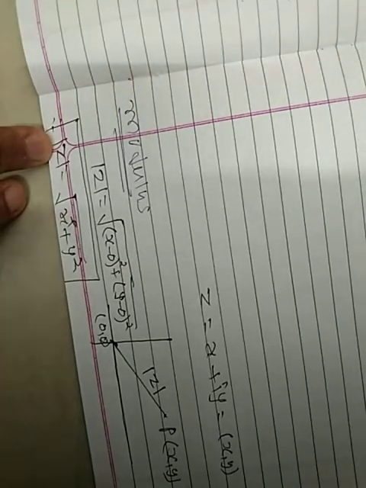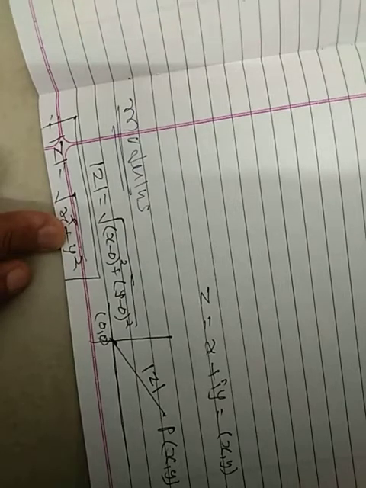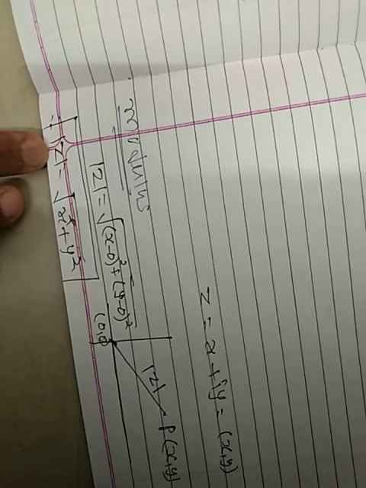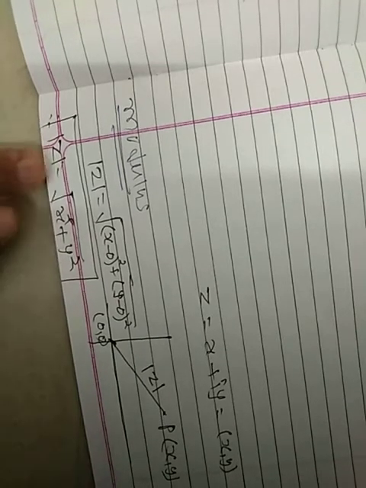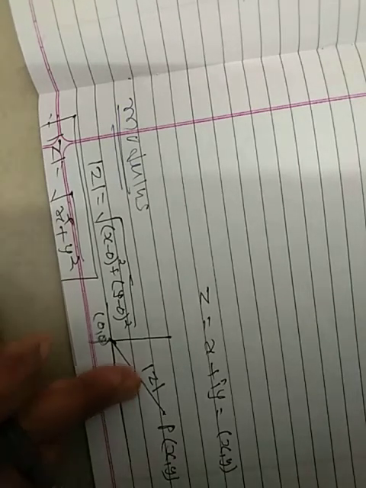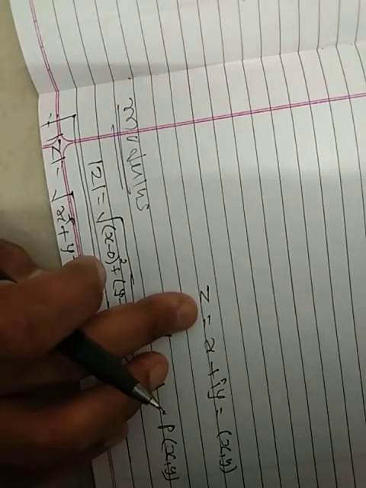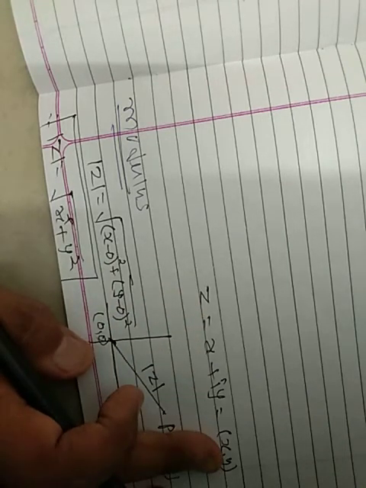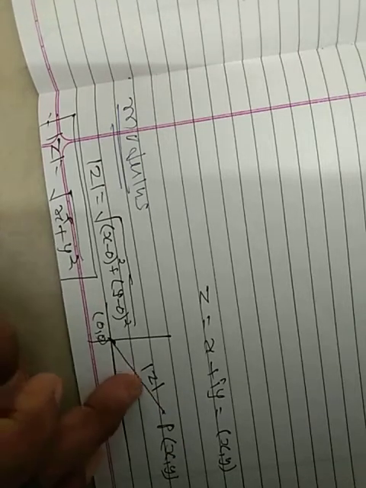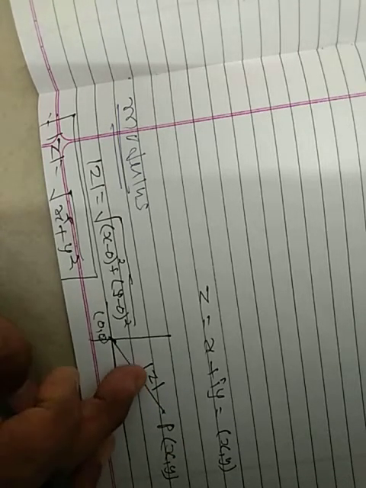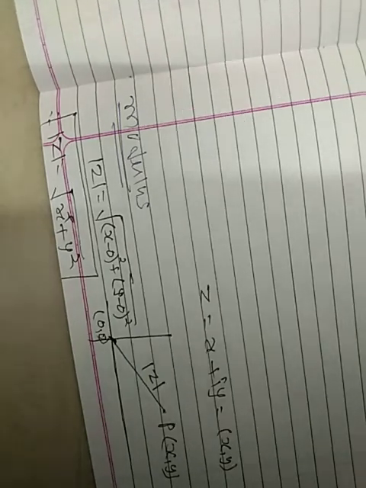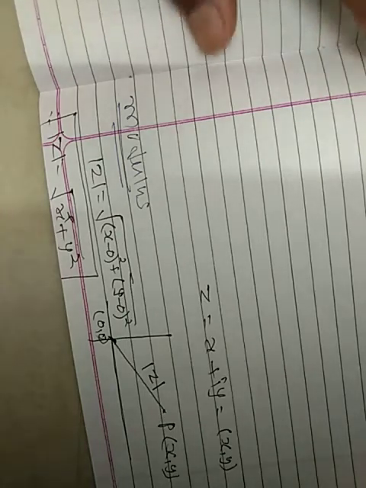Modulus, that means mod z. Mod z equal to root of x square plus y square. Be careful about this one. Again I will repeat. Modulus, that means mod z, and mod z equal to root x square plus y square. This is identity. And modulus, that means complex number convert into complex point. Distance between complex point to origin gives modulus z, and modulus z identity is root x square plus y square. Very easy. Okay, now we can start here.